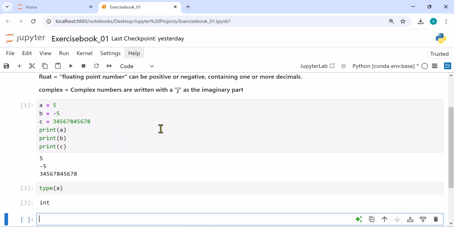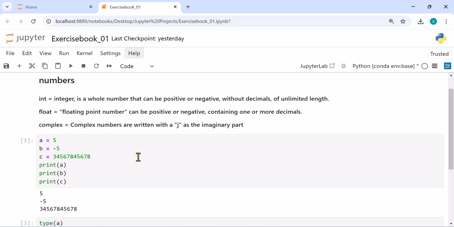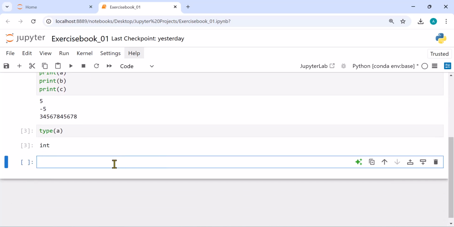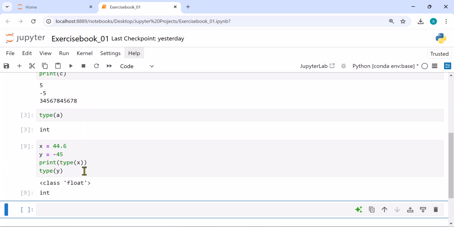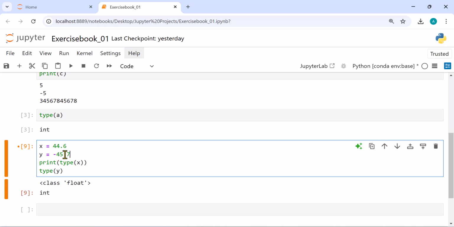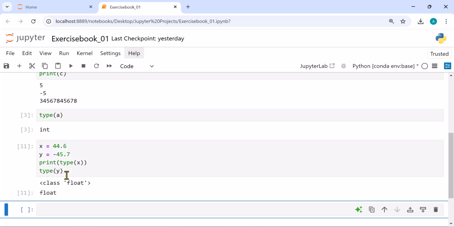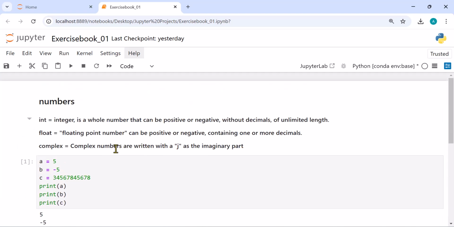Next is float. So what is the floating point number or float value? A float can be positive and it can be negative also, but it contains the decimal point. So x is a float data type and y is an integer data type. If I write here 45.7, it will show you float. So any numerical value which has a decimal number is a float value, and any numerical value which has